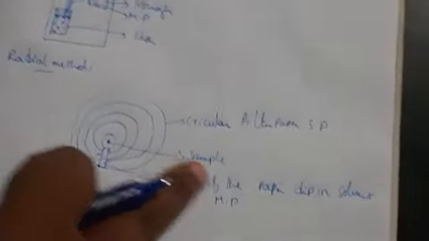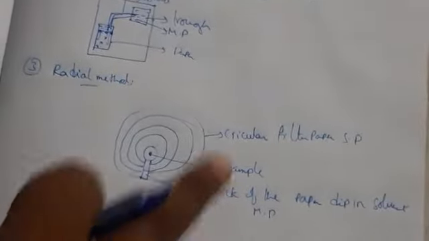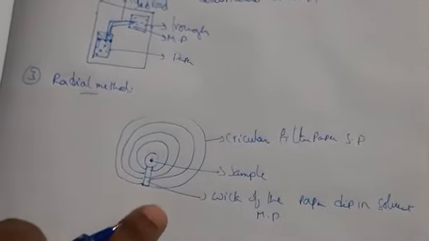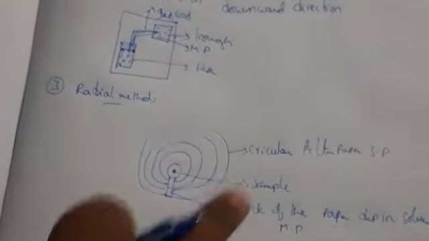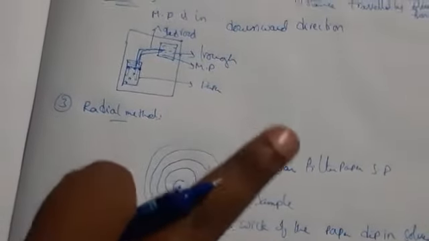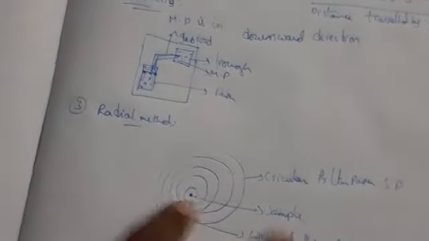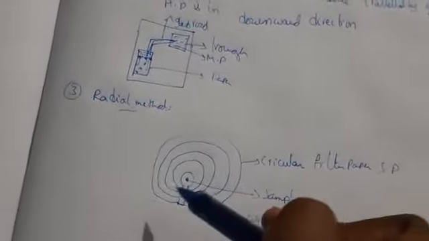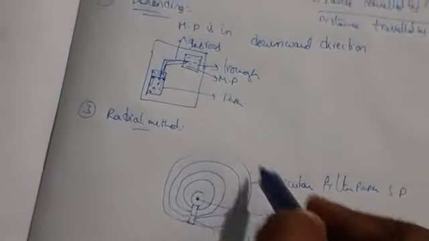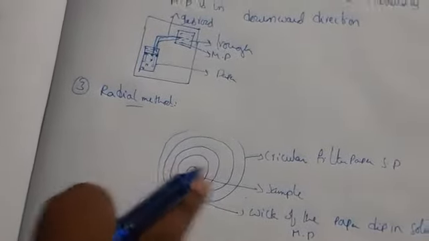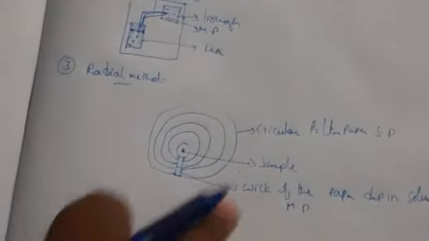Okay, so in this method, the flow of the mobile phase is outward from the central spot. So here the solvent is flowing from the central spot to the outside. This type of development we call the radial technique, and it is very rare and a very special case. In this technique we are using a circular piece of paper which has a wick, which is cut parallel to the radius from edge to center. That one we call the wick.